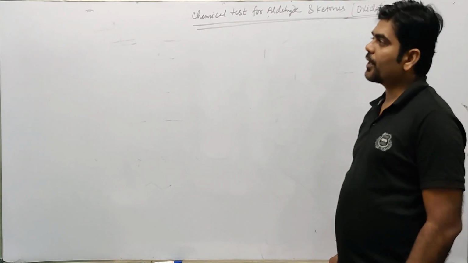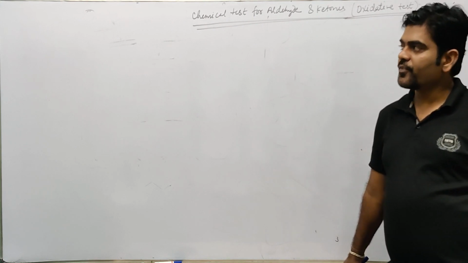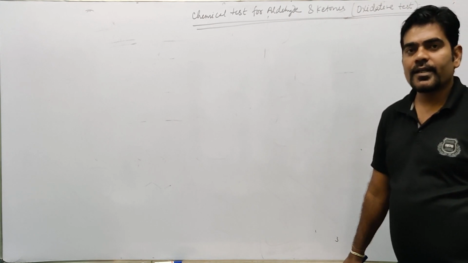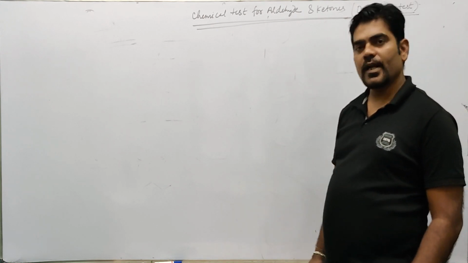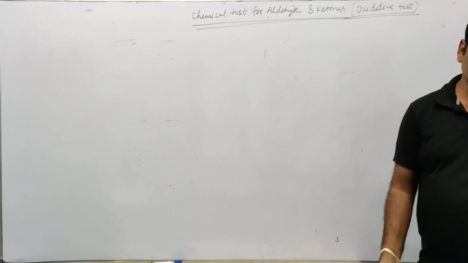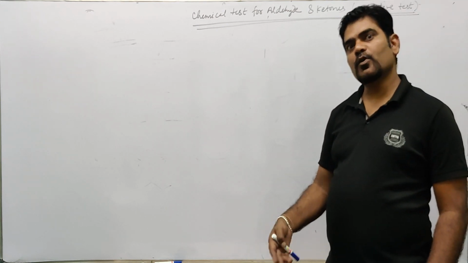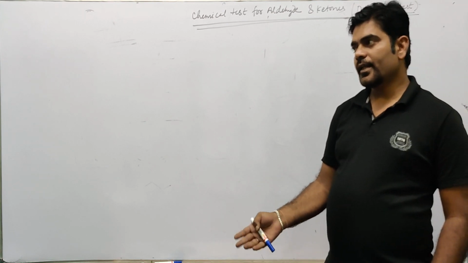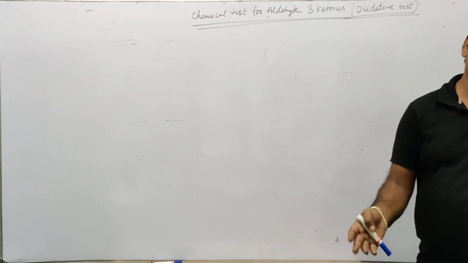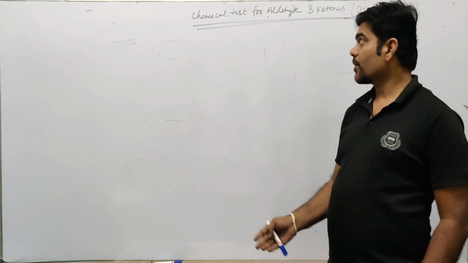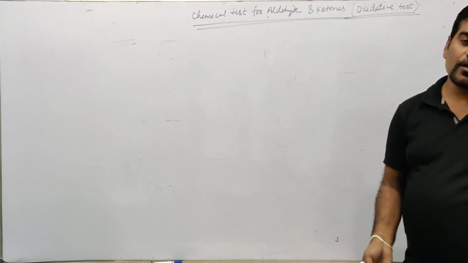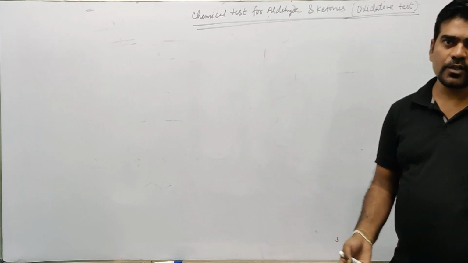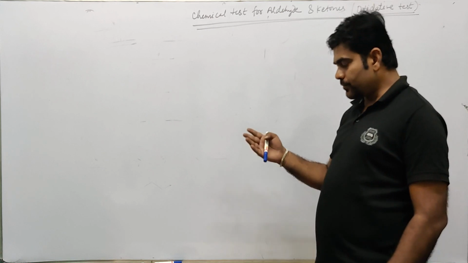What happens actually? Aldehyde is a better reducing agent than ketones, because oxidation of aldehyde easily takes place by the cleavage of carbon-hydrogen bond. Oxidation of ketone causes the cleavage of carbon to carbon sigma bond, which is a little difficult than the cleavage of carbon to hydrogen bond in aldehyde. Therefore, aldehyde easily gets oxidized to corresponding carboxylic acid, while ketone requires drastic conditions to oxidize.